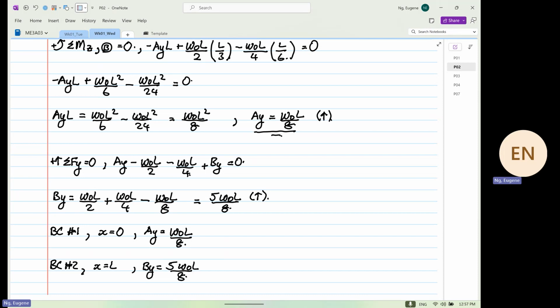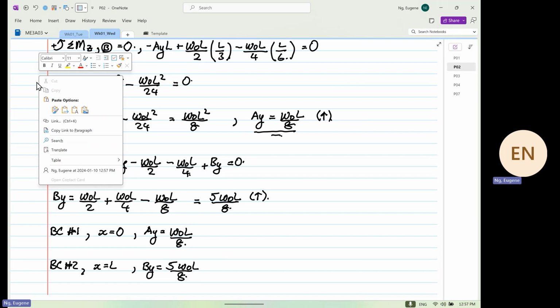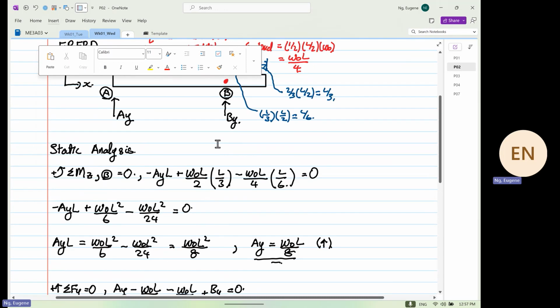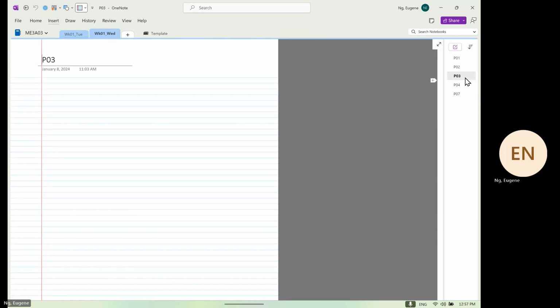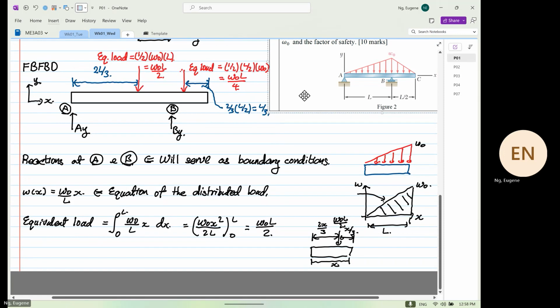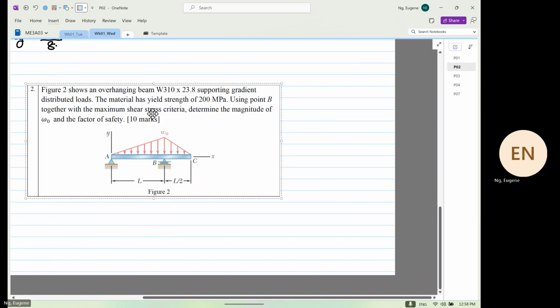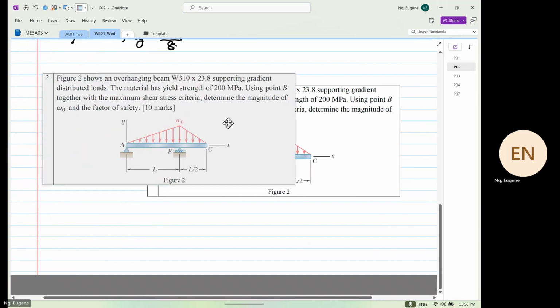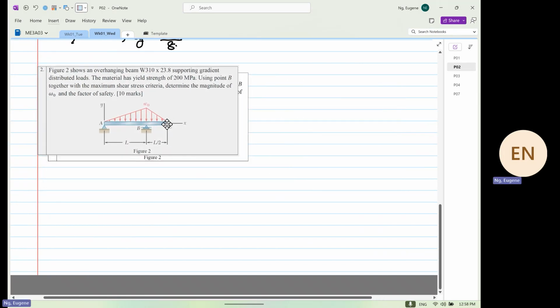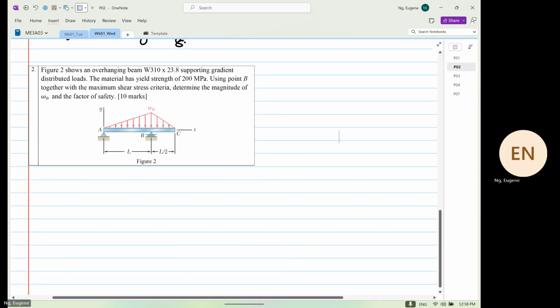So the next thing that we're going to do from here, we can determine our so-called shear force and bending moment at point B. Now, coming back to this diagram over here, I want to focus on the boundary, on the moment